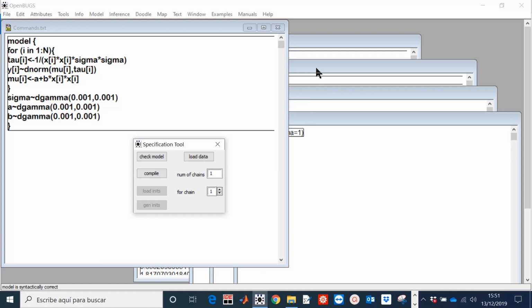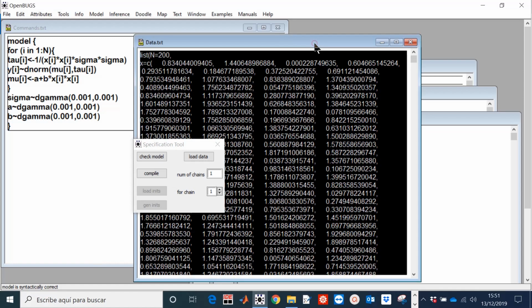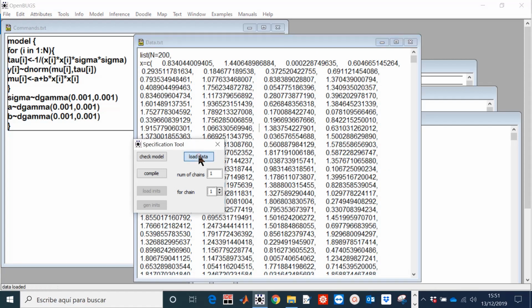Next, we activate the data file and click the Load Data button. Then the correctness of data is checked, and if everything is right, we get the message "Data Loaded" at the left lower corner of the window. In case of error, we must make the corresponding corrections, taking into account the error message, and start again from the model check. Next, we need to indicate the number of initial files to be used by typing this number